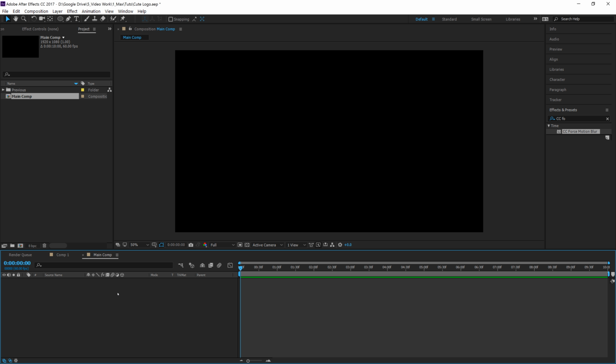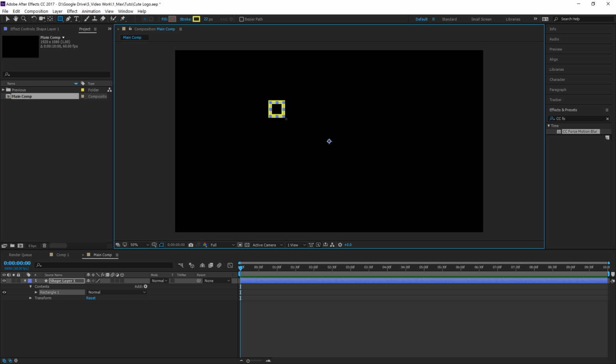So the first thing we need is that square shape that showed up on screen. So at the top of After Effects, you see a toolbar. So grab the little ellipse tool right here. You may see a rectangle tool, but if you click and hold, this is a good way to change your shapes, but we need the rectangle tool. So let's grab the rectangle tool